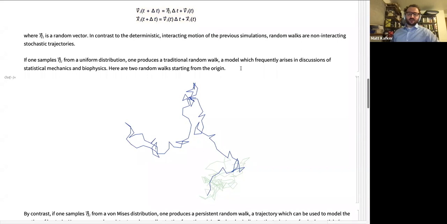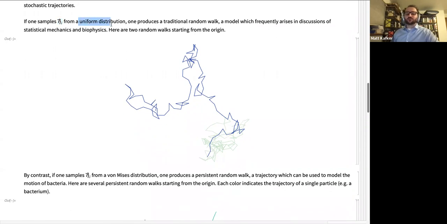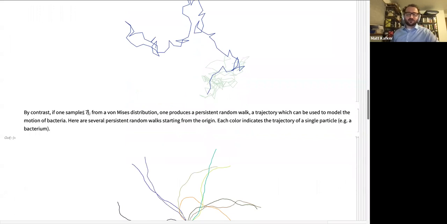So these random walks here were done with a random orientation force, which is a kick which randomly reorients the random walker with a uniform distribution in angle over the circle. So it's just going to choose a random angle between 0 and 2 pi, and it's going to take a step in that direction. You get walks that look like this, but you don't have to choose a uniform distribution. You can choose a von Mises distribution, which, if you're not familiar with it, is basically a Gaussian over angles.